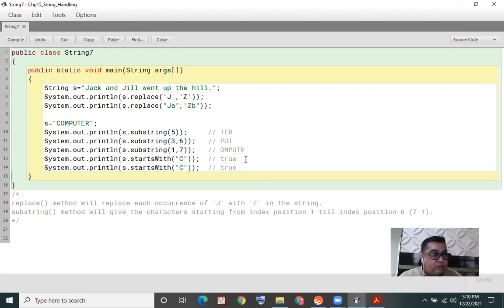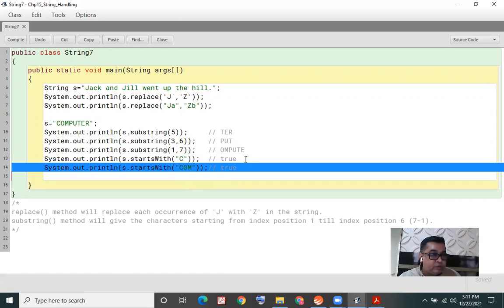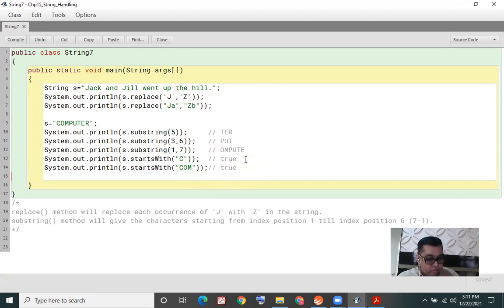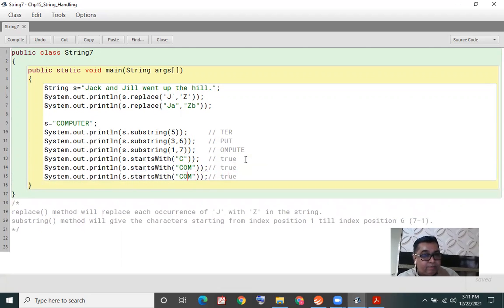Coming back to starts with, I've given this as an example to starts with C and then COM also we did. And now one more example we'll do with respect to starts with. This time I'm writing C in capital and O and M in small.